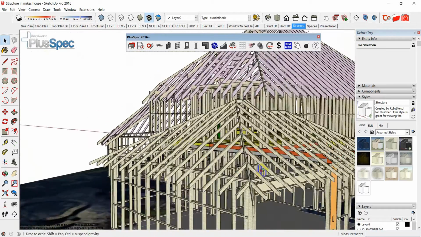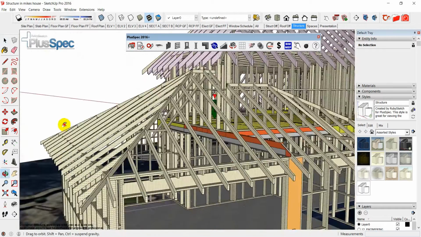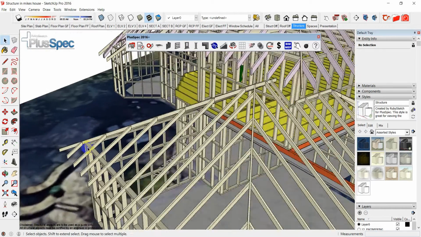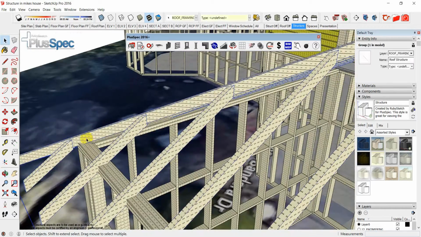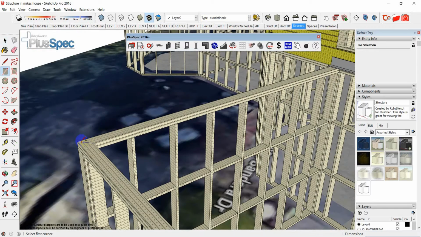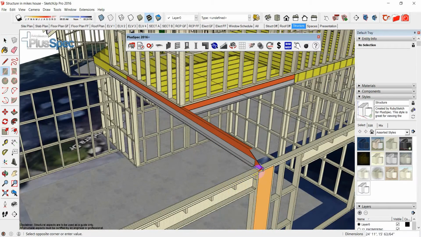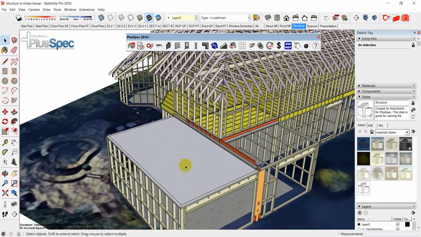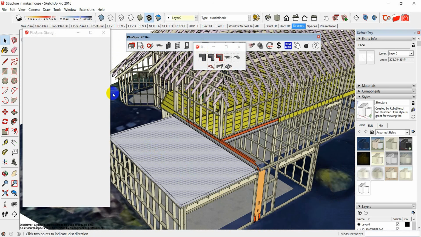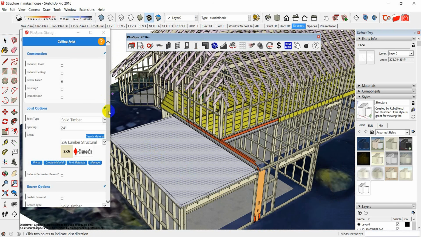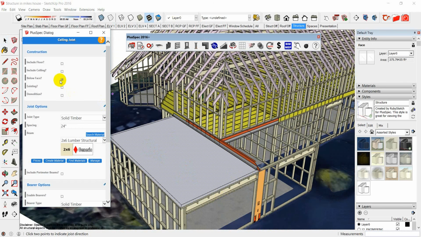Ceiling joists might be something you want to know about as well, so I'm going to go into here, and I'm going to hide this here. Hide. Use my rectangle tool as formwork. Go over to here, and I'm going to put my ceiling joists in. I would want them to go this way, so I'll go back to here. Choose the size of the ceiling joist I want to do. And I'm going to go not below face, I'm going to go above face,